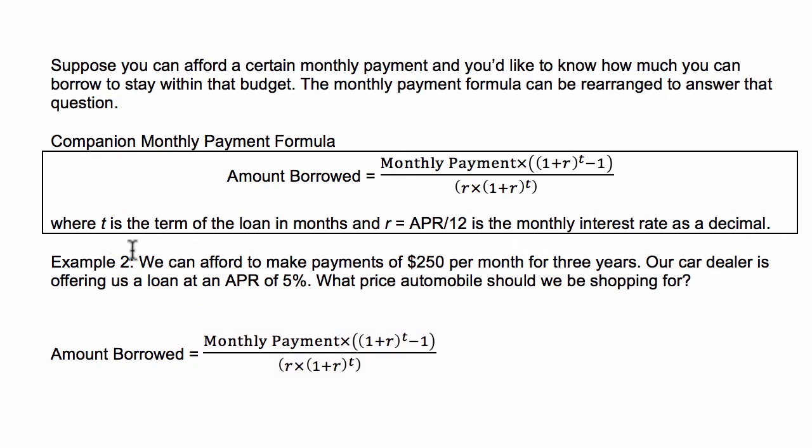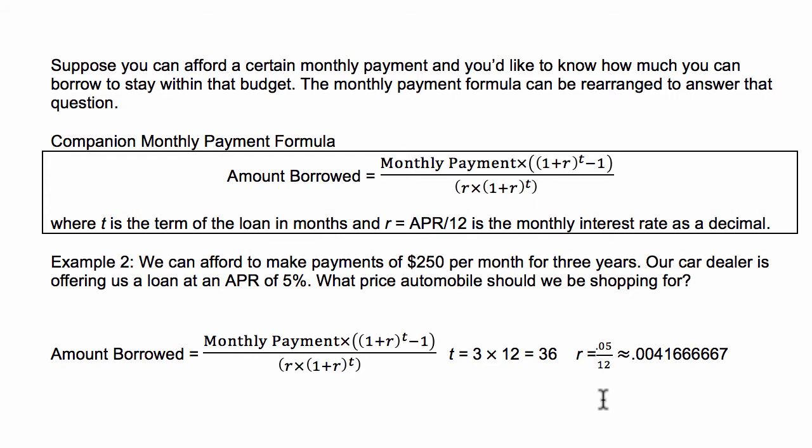Recall, t is the term of the loan in months. Since we wish to make payments for 3 years, t is equal to 3 times 12, or 36. Since our APR is equal to 5%, or 0.05 as a decimal, r is equal to